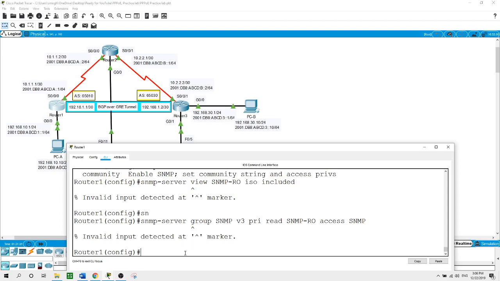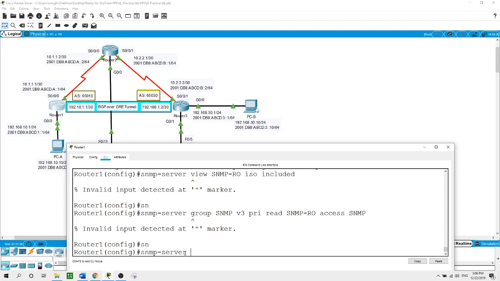Now, finally, I'll create the user. This is how to create the user and set the authentication and the password. This is allowed by just if you type snmp and then hit the tab, it will give you snmp-server, but after that it is not supported. But the command goes like this: snmp-server user, we'll call the user here admin, SNMP version 3, use the authentication